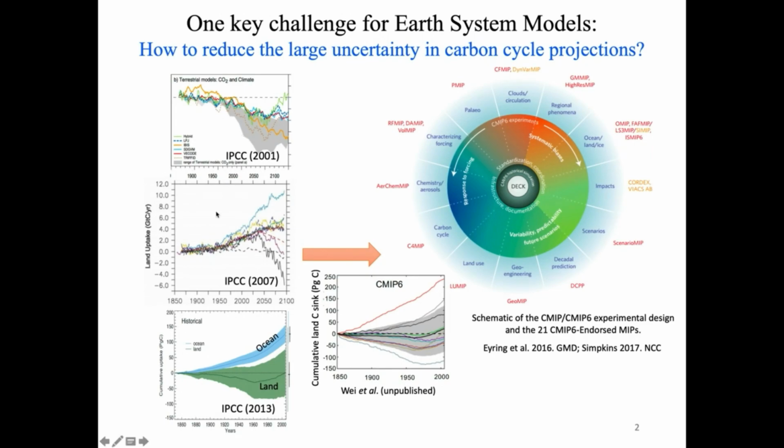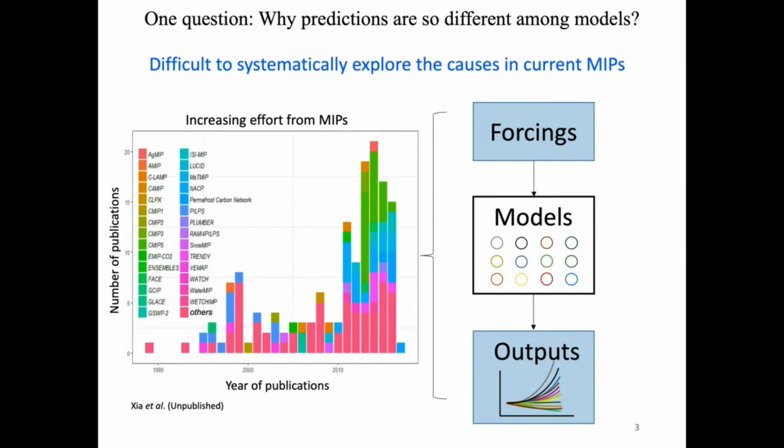As shown in the past three IPCC reports, there is a large simulation uncertainty on land carbon sink since 2001. The new analysis on the CMIP6 models also shows that this large uncertainty will still exist in the next IPCC report. So, one key challenge for Earth system models is how to reduce this large disagreement in carbon cycle among Earth system models. To tackle this challenge, we need to answer one question: why is the terrestrial carbon cycle so different